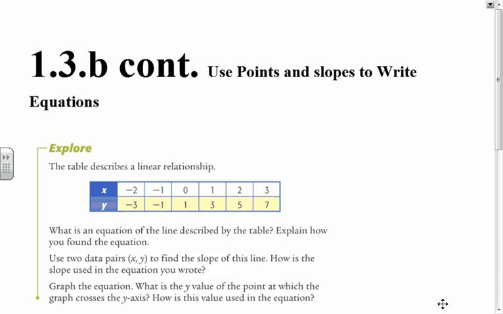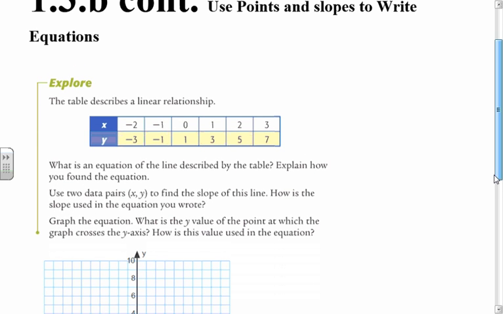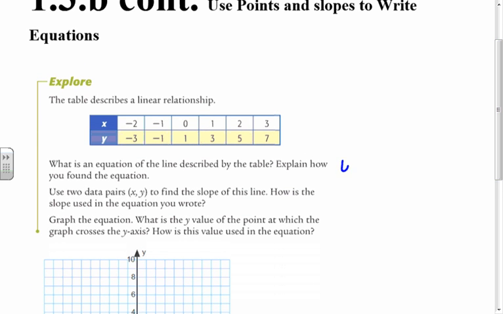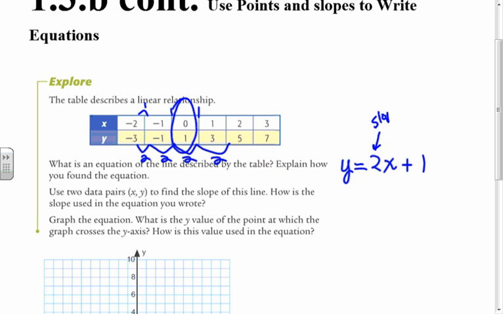table. It says, what is an equation of the line described by this table? And at this point, you should know that the number in front of the x is the increase in y, or the change in y, when x goes up by 1. So we can see that that's 2, and this is 1. So we're going to have 2x. And then the number on the end is the number we start at, which is when x is 0, what is y? That's 1. Well, we call that the slope, and we call that the y-intercept when it's on a graph. So we can write an equation just by if we can find the slope and if we can find